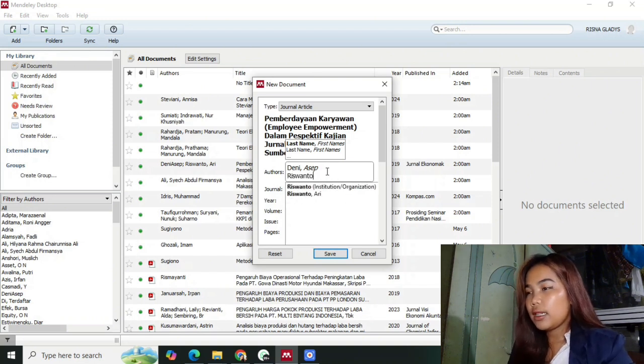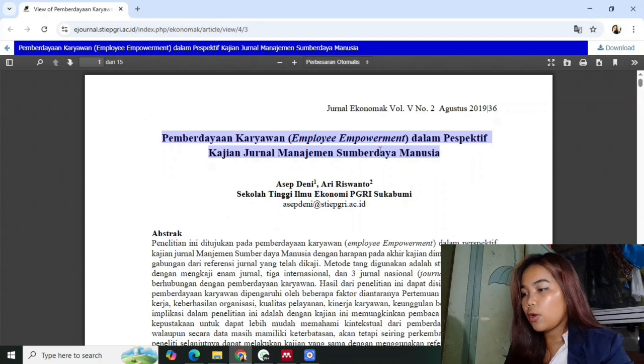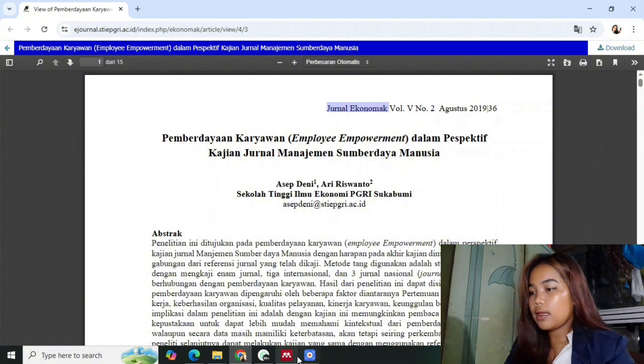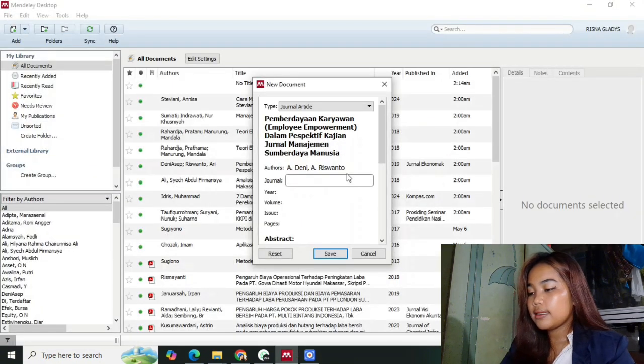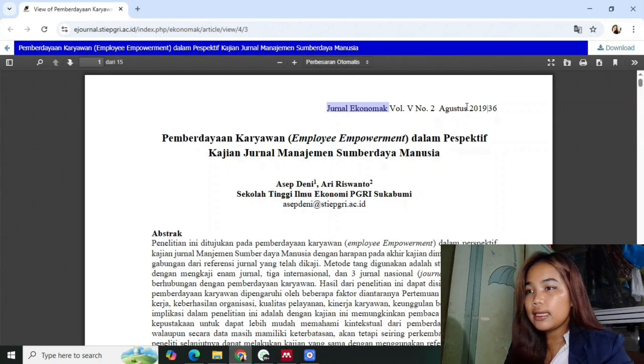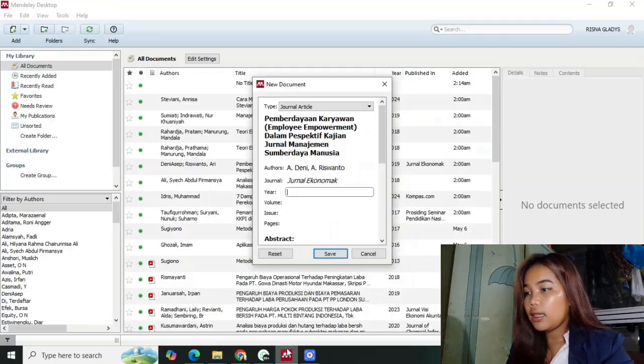The next step is journal. For this column, we have to write what is the journal type of this journal. We can go back to open the journal again and we can see this journal type is journal economic. We can copy this and we can paste in this column. And then the year, you can see again, the year is 2019. You can copy and paste this column, the volume,